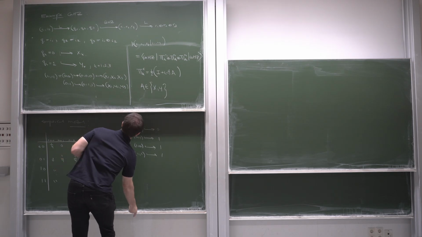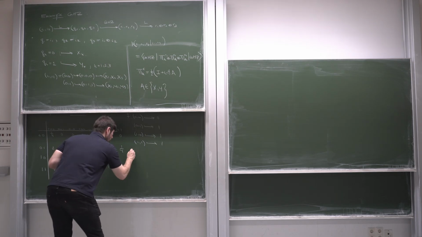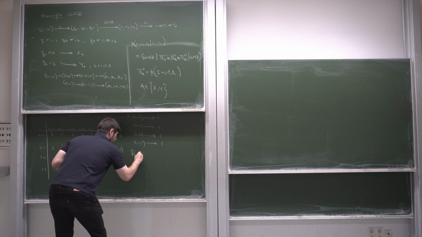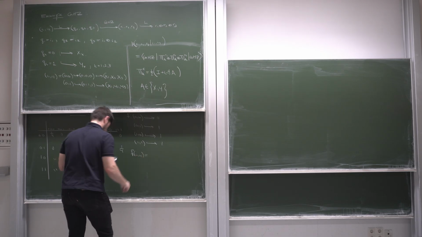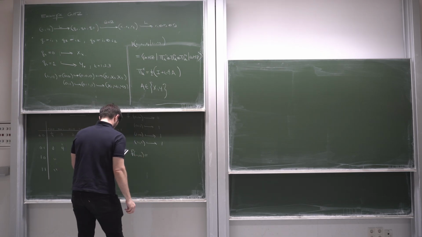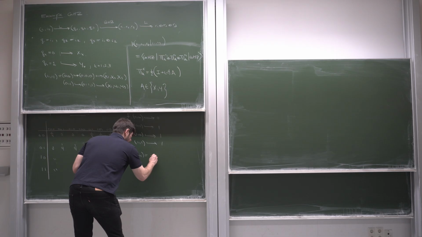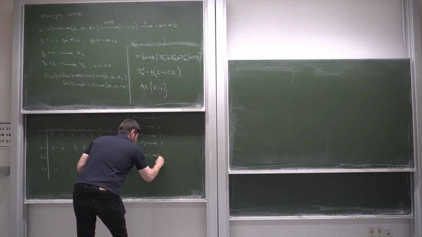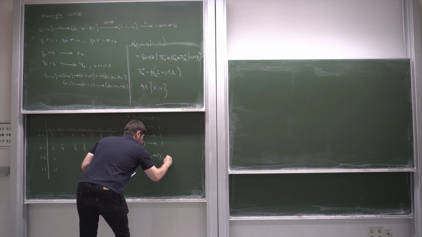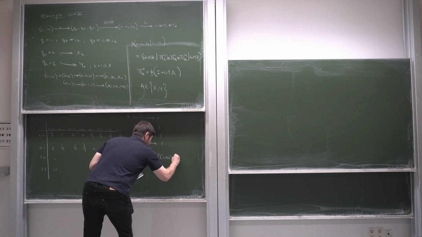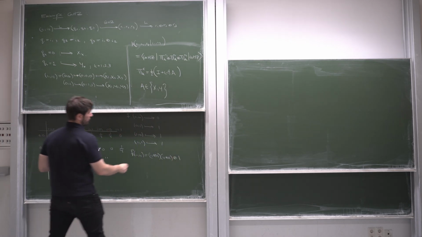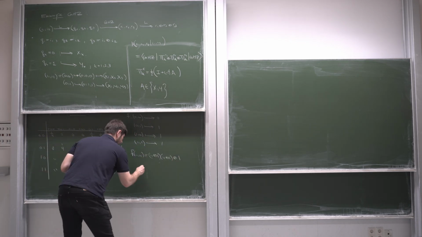And this function is precisely f of I1, I2 equals (I1 plus 1) times (I2 plus 1) plus 1, which when you expand it, this is again